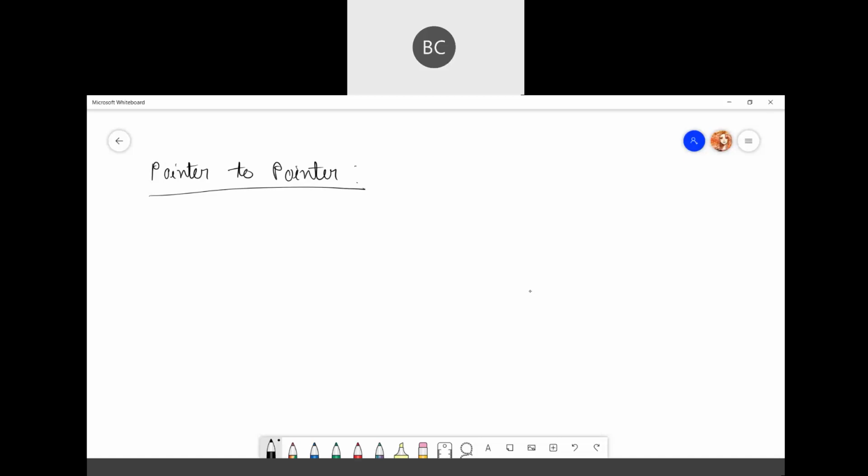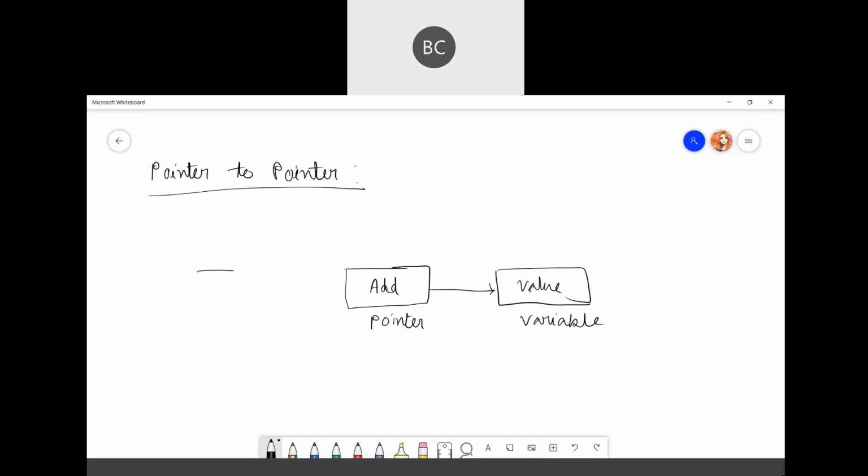Yes, it will point to another pointer. So this is your pointer, and if this is the address, it points to another variable, correct? So your pointer to pointer will hold the address of another pointer.